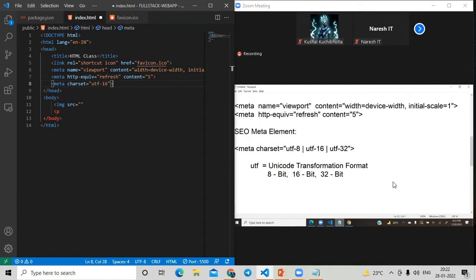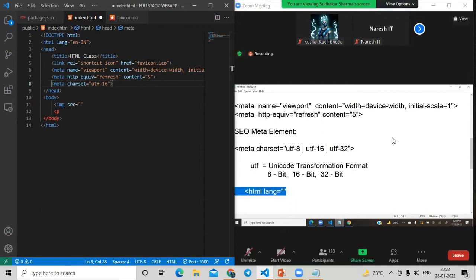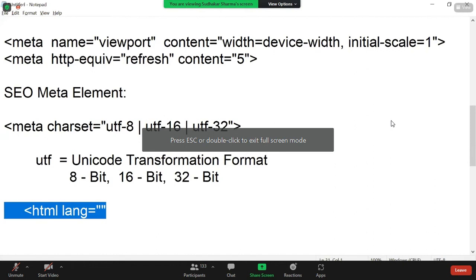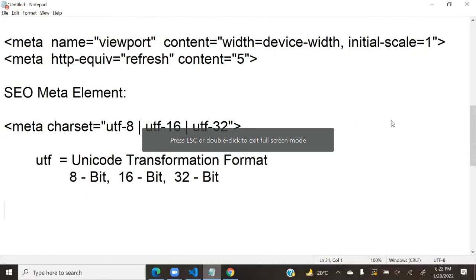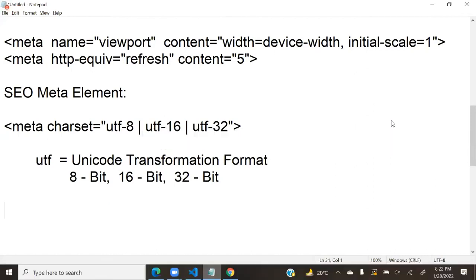Already language, yesterday I told you, na? Yesterday I told you a language option. That means in HTML, we learned the LANG language attribute. There I told you that it indicates which language we are using. Which language you are using for the content that is given to whom? That is given to the browser engine. To tell the browser engine which language you are using, you are writing this.